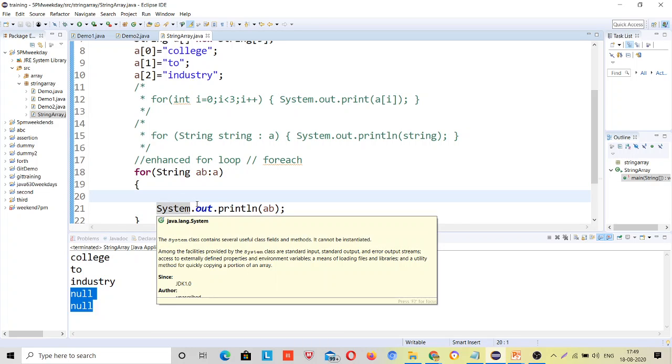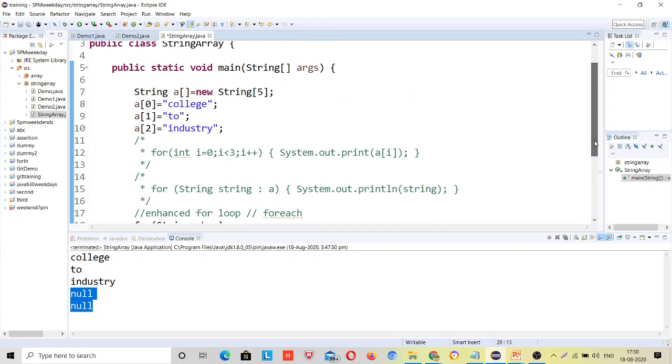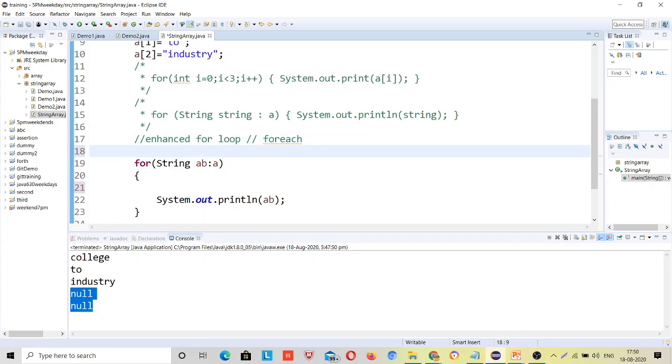You want to retrieve indexes. So, third, A of 2 equal to industry, right? I have never retrieved that. I don't have any idea about this, but I will search it out. But yes, I can do it. There is a logical method over here. Let's just run this for loop here, right? First assign the integer value, like this, int i is equal to 0. This may be the way on the internet also.